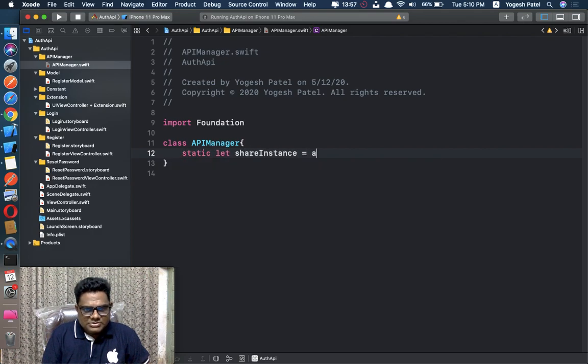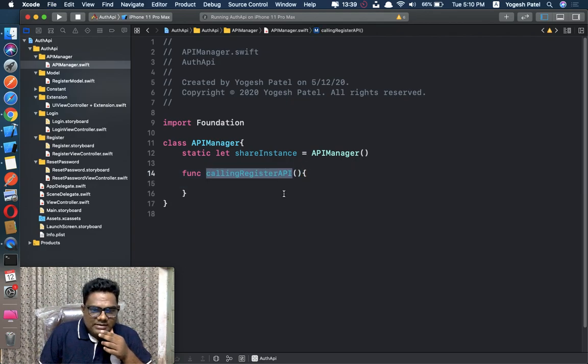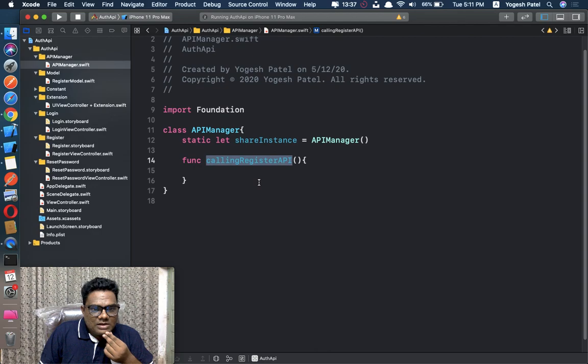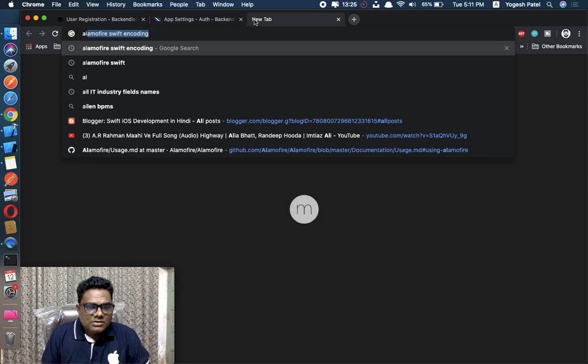Let's create an instance of APIManager first, and here a register API function, we can write calling register API. You can write the name, write a good name here first. I'm just making a demo, that's why I'm writing this name, okay? And we have to use Alamofire, so let's search Alamofire.